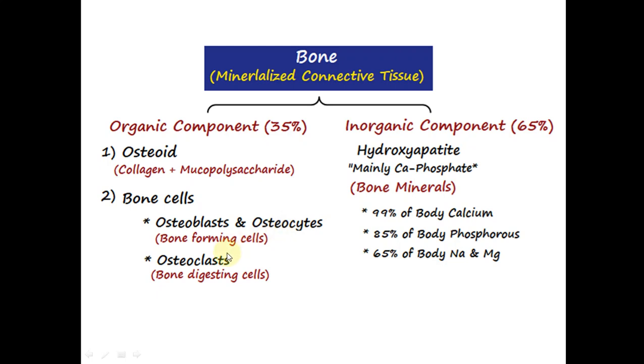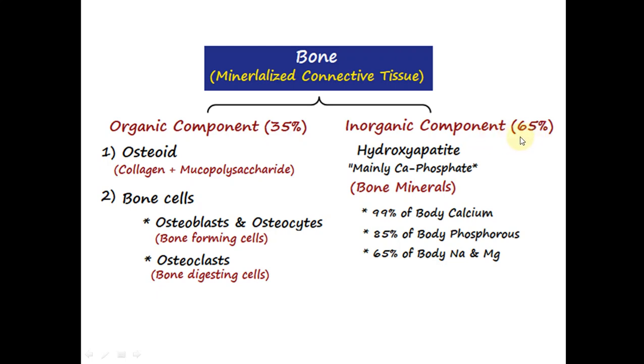The second type of bone cells are known as the osteoclasts, which are derived from the monocyte macrophage system, and they are modified macrophages. These multinucleated cells are involved in bone resorption, and these are the bone digesting cells. Now coming to the inorganic component, which makes about 65% of the bone structure,